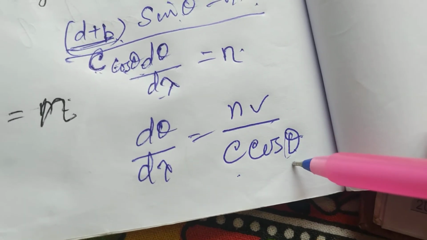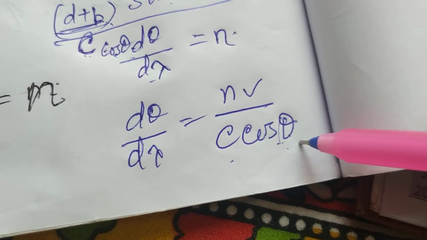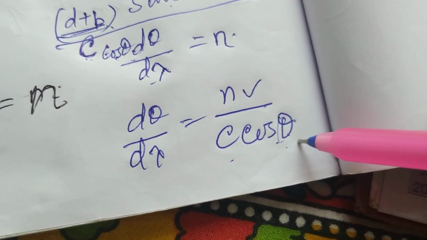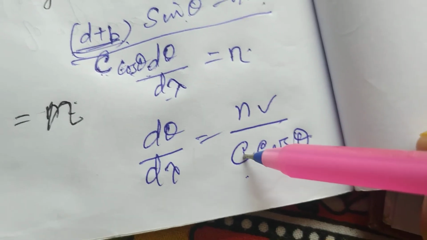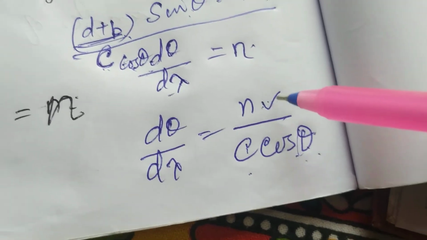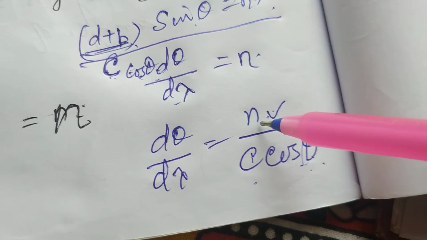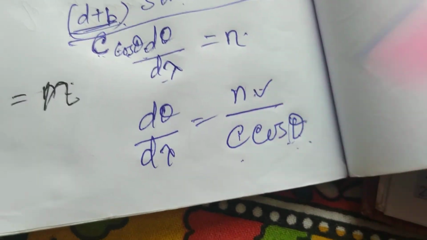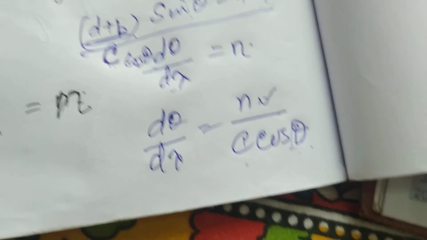If theta increases, the value of cos theta will decrease, isn't it? c is constant and the order n is fixed. That also can change. For first order n is equal to 1, for second order n is equal to 2, then it will increase. So with the order, it increases.